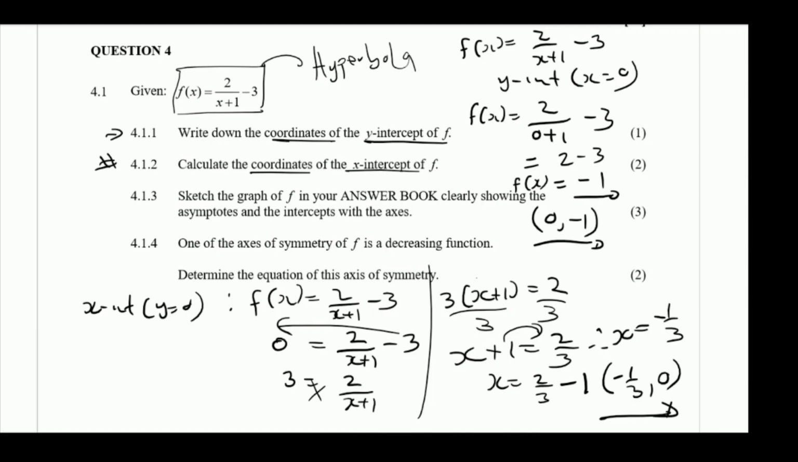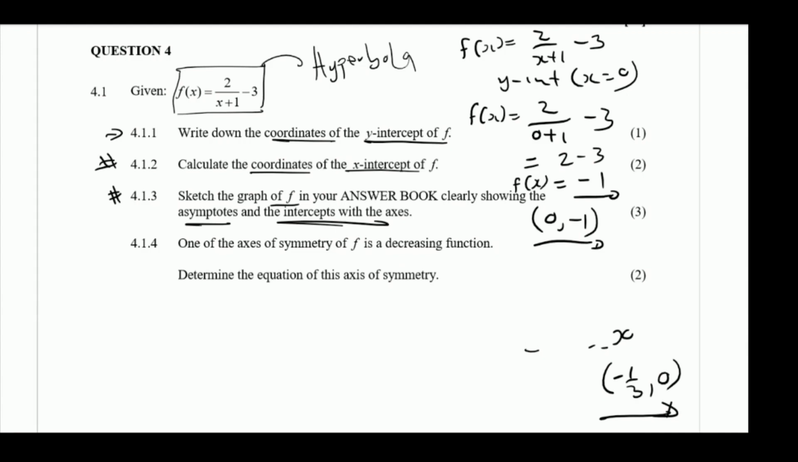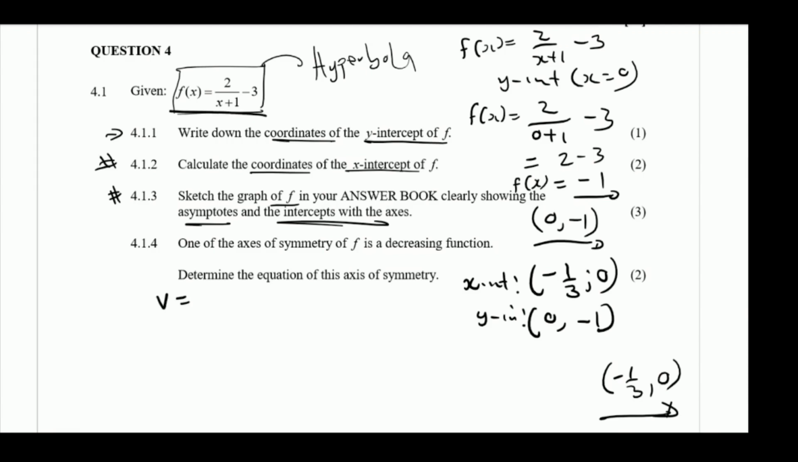And then we are asked to sketch. So in 4.1.3, we are asked to sketch the graph and show clearly all the asymptotes and intercepts. So I'm just going to draw the graph here at the bottom. So we have our intercepts: our x-intercept, which is (-1/3, 0), and our y-intercept, which is (0, -1). So it's important. And our asymptotes: we have our equation here. Our vertical asymptote is x equals minus 1. Our horizontal asymptote is y equals minus 3. So when you draw your graph, because it's vertical, the vertical asymptote is x equals minus 1, and your horizontal asymptote is